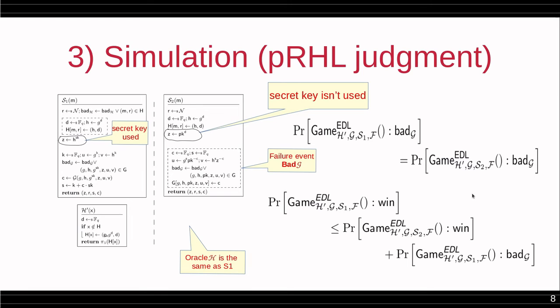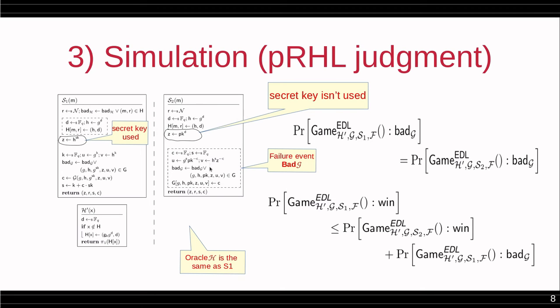Another important aspect is the probabilistic relational Hoare logic judgment, which we used in the third step. EasyCrypt features a specialized program logic to reason about probabilistic equivalences between programs in the form of pRHL judgments. So a single pRHL judgment can be used to prove equivalence up to a failure event, which is defined over both distributions here. For instance, we will be proving that these two games are equivalent unless this failure event